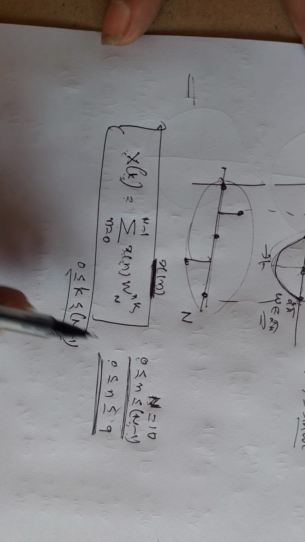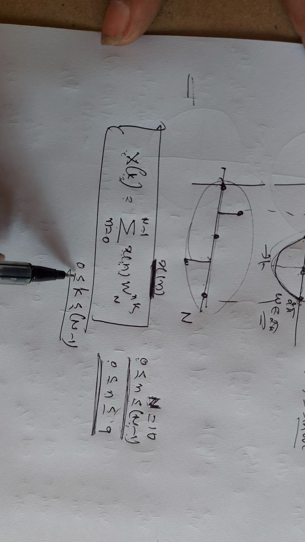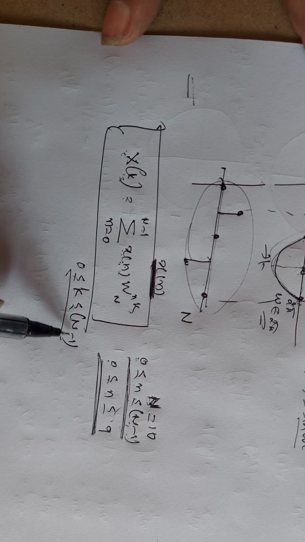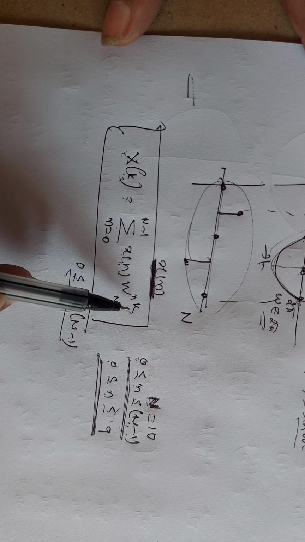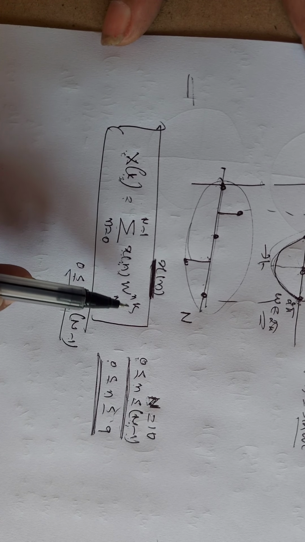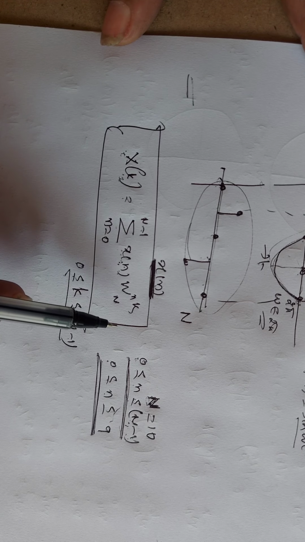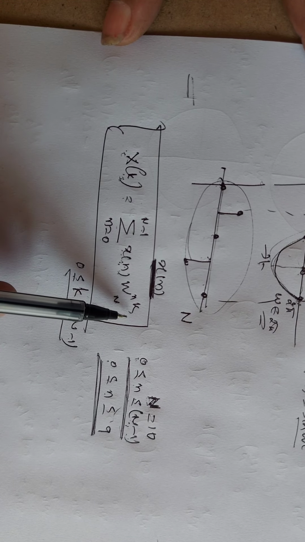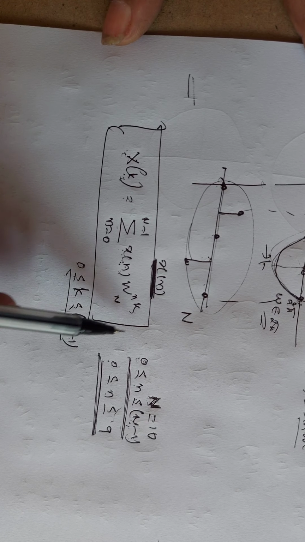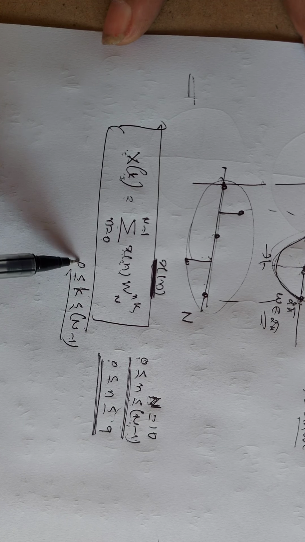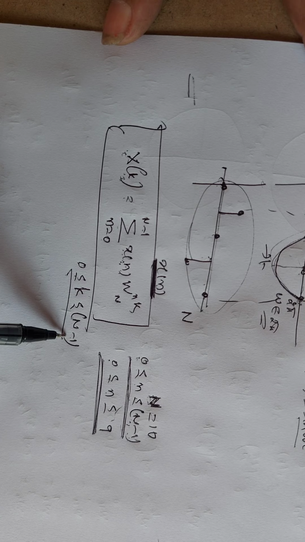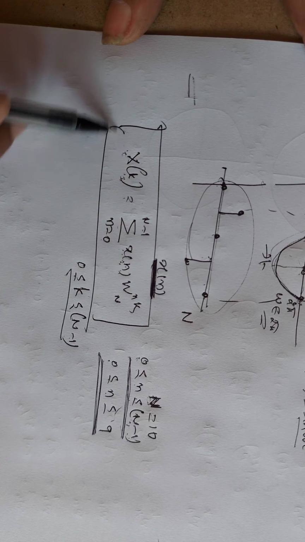K can also have n number of samples, 0 less than or equal to k less than or equal to n minus 1. Here k represents which sample among n, whether first sample, second sample, third sample, and so on. Since k can have n number of samples, therefore k may be any value between 0 and n minus 1. So this is the mathematical expression of